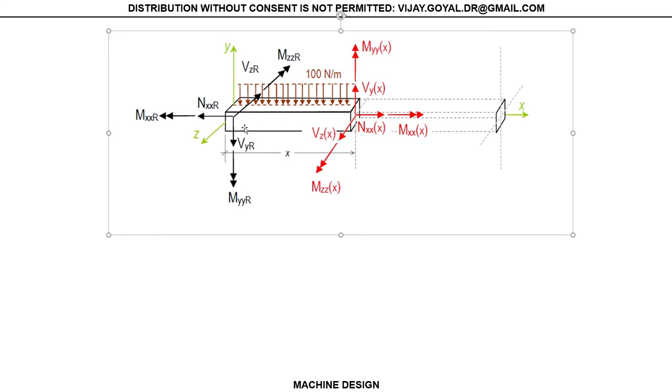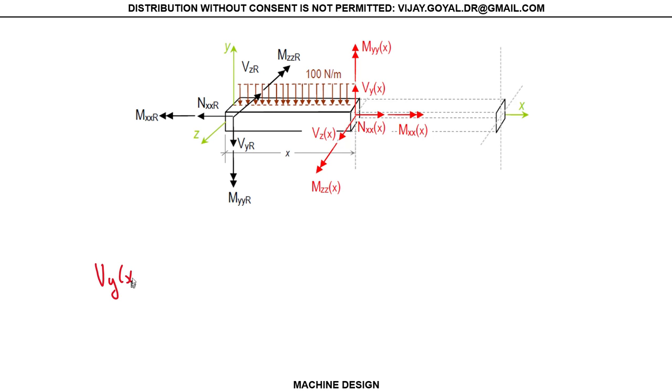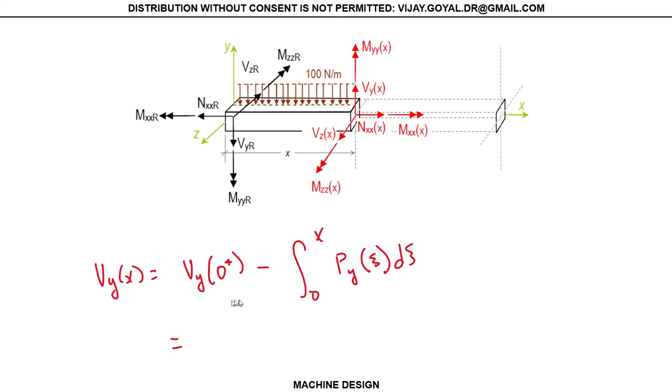So in this particular problem, if I was going to do that, and you remember what your loads were, so let's do one. Vy of x is actually equal to Vy at 0 plus, remember, minus 0 to x Py dx. And this is the same as we found this value. This value was,